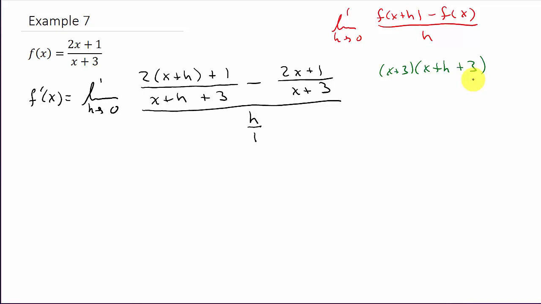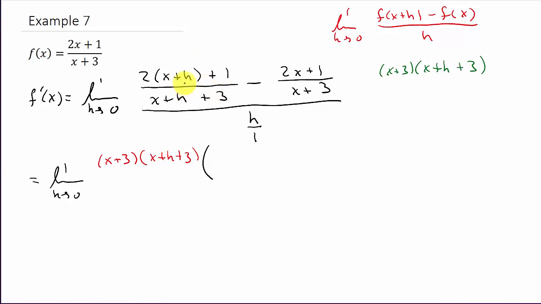I'm going to take the common denominator and multiply it to each term. So we get the limit as h goes to 0, and that's going to be the common denominator, which is x plus 3 times x plus h plus 3